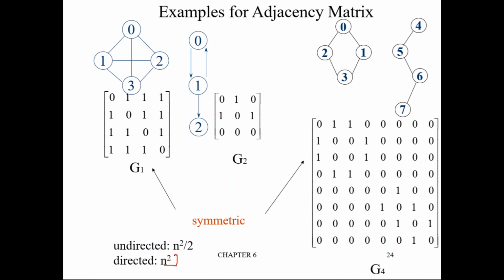How this n square comes, you may ask. In both directed and undirected graphs, you have to make n square searches. This is the formula to calculate the number of edges in a directed graph from the adjacency matrix. Given the adjacency matrix, the graph is not given. You are not shown the graph. Given the adjacency matrix, how will you find the number of edges from a directed graph? For that you have to perform n square searches.